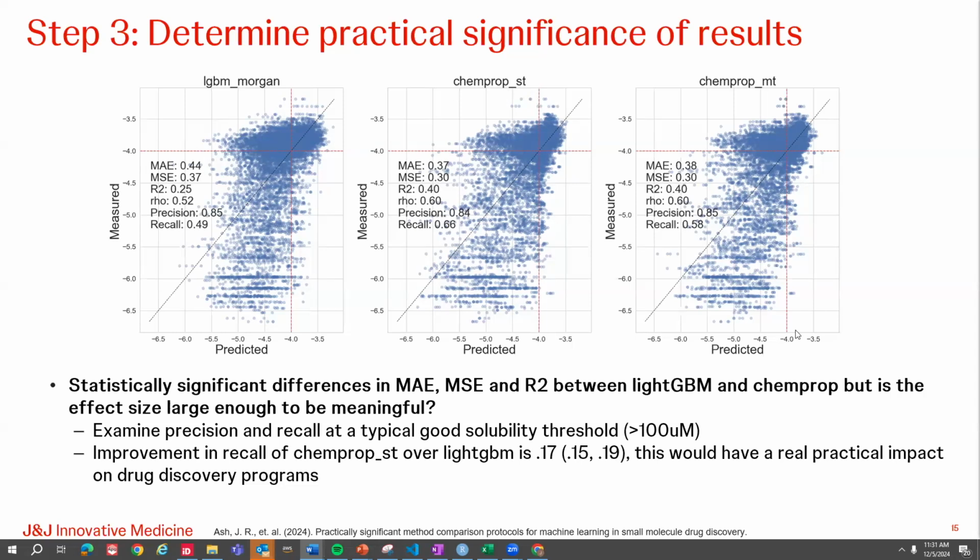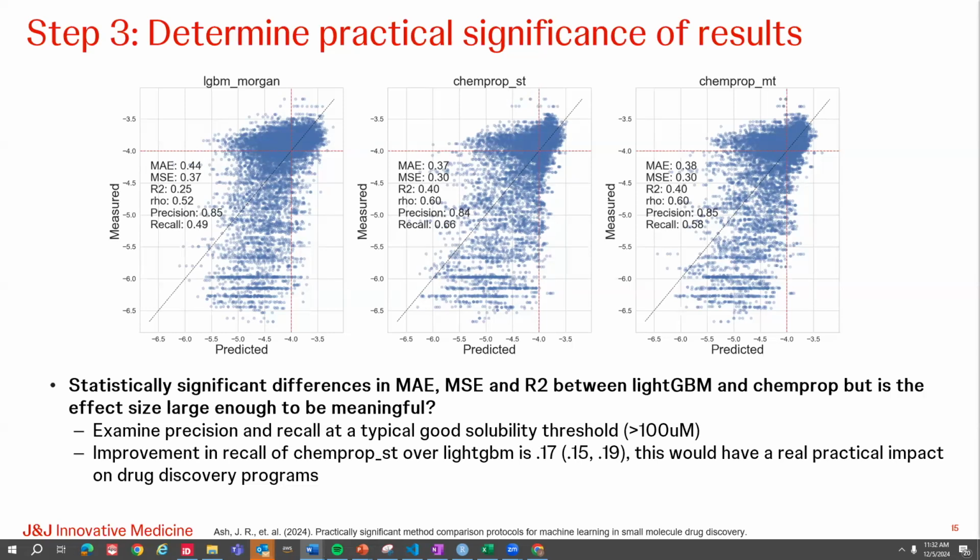We've run statistical tests and found statistically significant differences in mean absolute error, MSE, and R squared between LightGBM and Chemprop. But if you look at the metrics in the plot, there's only marginal differences between methods. So is the effect size large enough to be meaningful? Practical significance is a statistical term that asks whether a statistically significant difference is large enough to be meaningful in